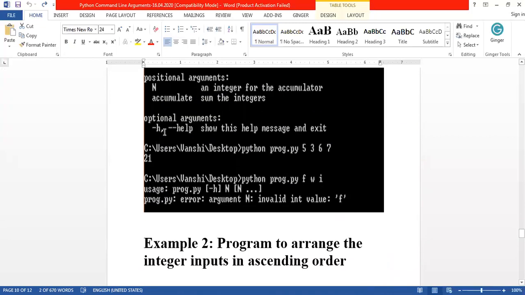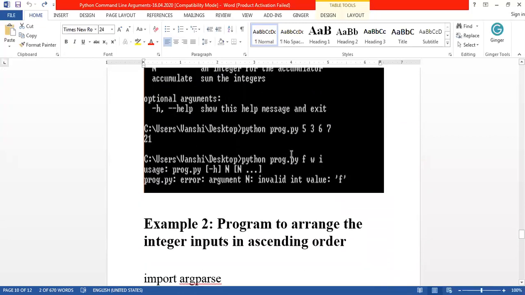Okay, so it will display some error message. If I am giving the integers correctly, what will be displayed? Here the type is right, so I will accept only the integer command line arguments. I have given the integer type exactly, so it will calculate the sum value as 5 plus 3, 8, 8 plus 6, 14, 14 plus 7, 21. So the sum value will be displayed.